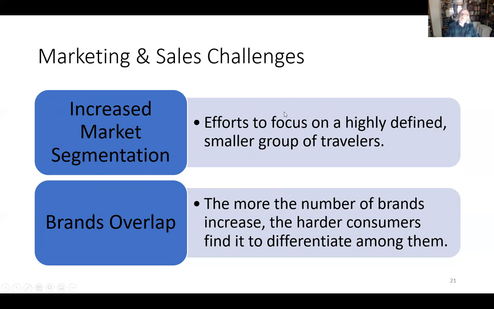And so what are their efforts focused on? Well, like it says here, a very highly defined, smaller group of travelers, but a target segment nonetheless that they can identify some common characteristics of needs and wants that they can serve. And so we find that this segments the market further and further into many, many smaller operations down to the micro level. And then as we see from how complicated the ownership can be of these different brands and